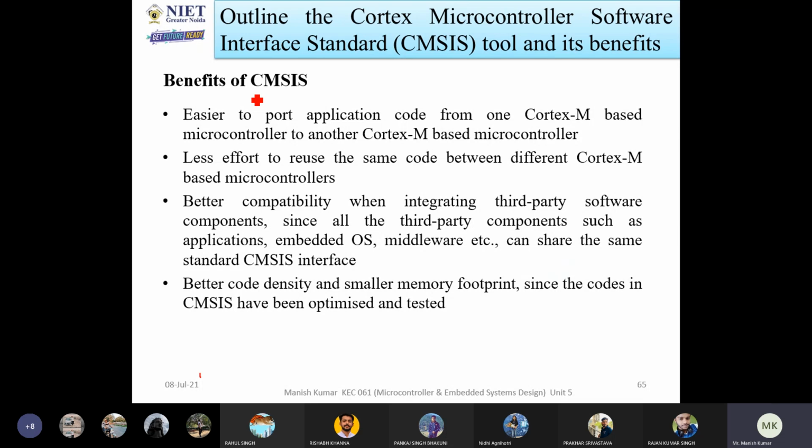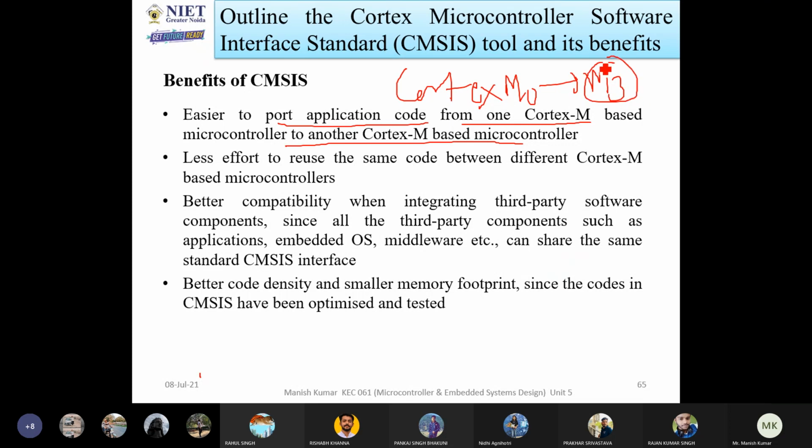Okay. So the first benefit is that it is easier to port application code from one Cortex-M based microcontroller to another Cortex-M based microcontroller. I already told you, whatever applications you develop with the help of Cortex-M0, the same software can be used for M3. That's the benefit of CMSIS.